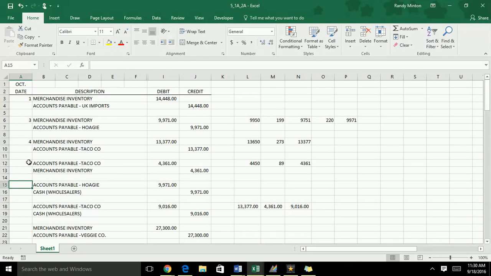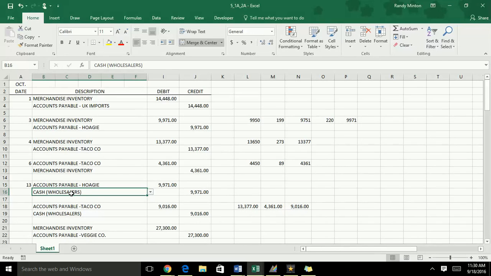Okay, on the 13th, paid Hoagie Company for invoice of October the 3rd. Well, this is the invoice that they're talking about right up here. Okay, and since they didn't tell us that we returned anything, then the assumption is that we must pay the entire amount of the invoice. So we would debit accounts payable, meaning that we're dropping the liability because we no longer owe it. And since we pay it, it's coming out of